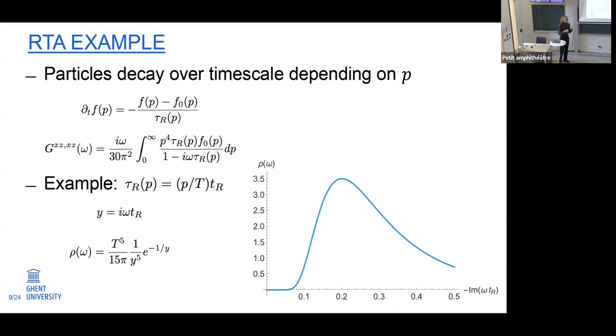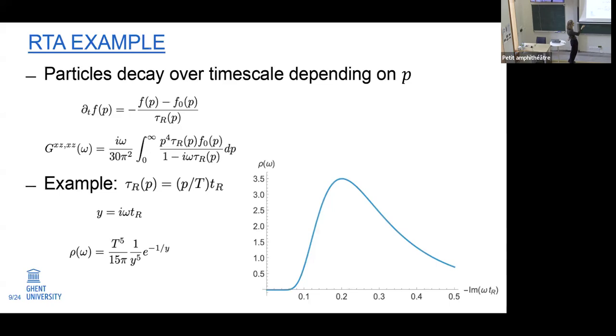Here's a basic example where you have some sort of toy model, which is kinetic theory in the relaxation time approximation, where we will make our relaxation time depend on the momentum of the particles as this distribution function decays towards some equilibrium one. And the nice thing is that we can just analytically calculate what the correlation function will be and also what our mode density will be. Here's an example where the relaxation time is proportional to momentum. Again, this is for 2-to-2 scattering processes, quite common. And for simplicity, I took this equilibrium one to be just a Boltzmann distribution, which has some exponential tail,